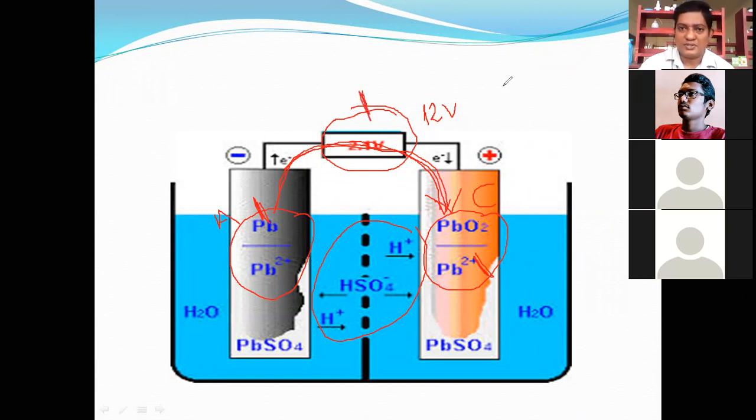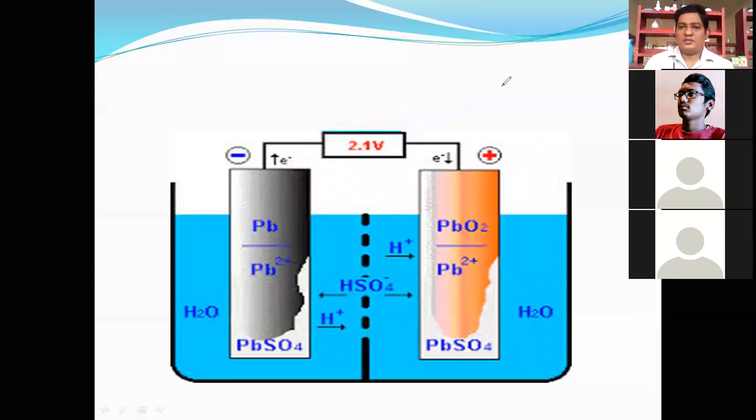Let me ask you a question. Where are we using secondary cells? Secondary cells are used in automobiles, in cars, and inverters contain batteries. The car battery has the highest voltage of 12 volts, which is the best example of a lead acid battery. The voltage will be 12 volts.